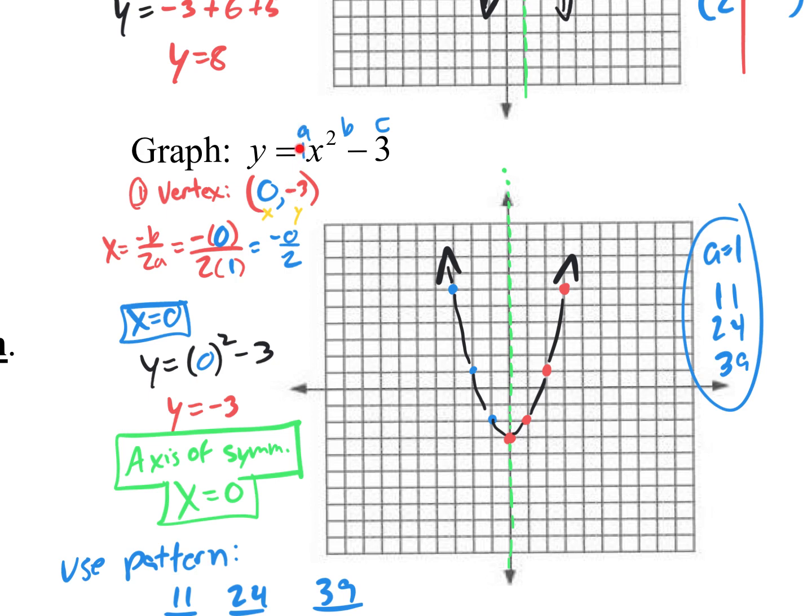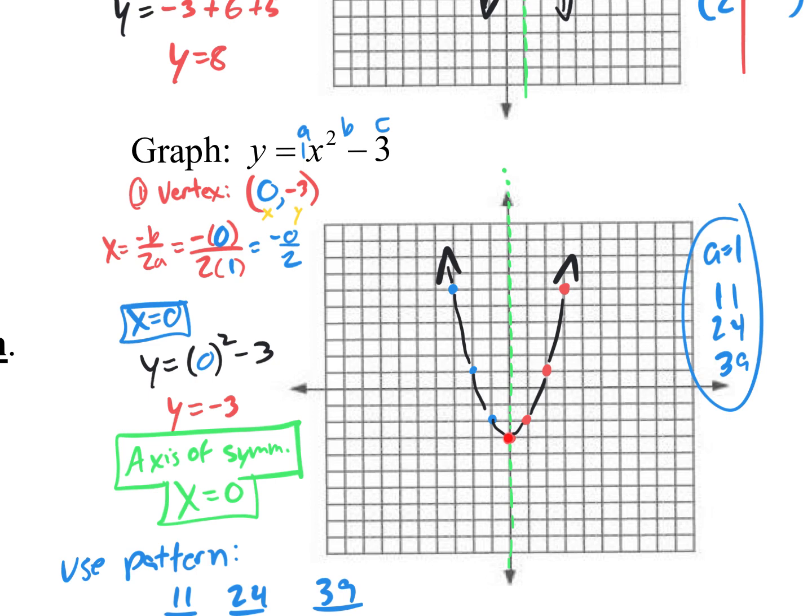And if it opens up or down, depends on the a value. If it's positive, it opens up. So even without looking at the graph, you know it opens up. You know that that vertex is a minimum value. What you should do is graph it, (0, -3), put a dot there, draw your axis of symmetry, and then you want more coordinates. You could either use an XY table to find more points, or because the a value is 1,